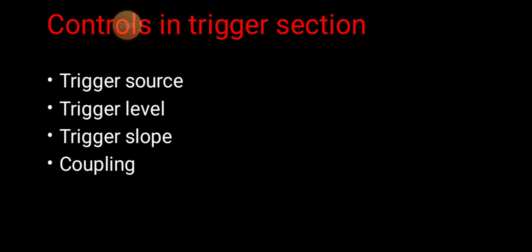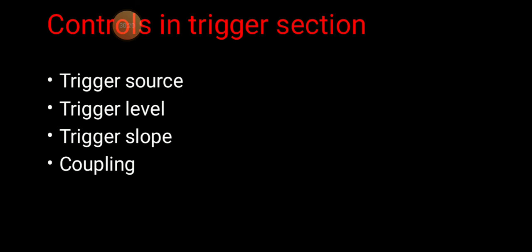The internal position is used to select the channel A or channel B input signal to generate the trigger pulse required for synchronization. For synchronization purposes you are going to use internal. In the external position, an external signal is used to generate the trigger pulse. In the line position, the trigger signal is generated from the AC mains signal, that is 230 volt, 50 Hz standard fixed frequency, which you are going to use here.